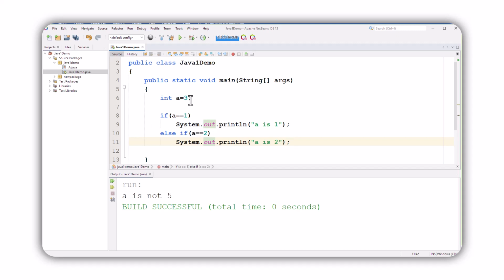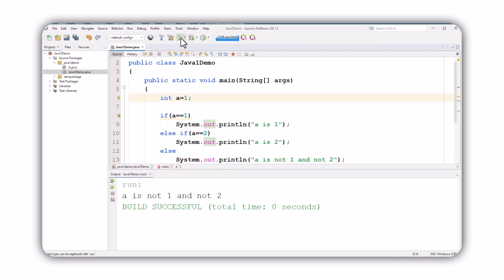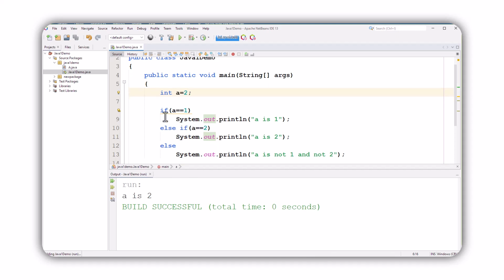Now let us see what happens here. Okay, we can put the else here without the if also. A is not 1 and not 2. Okay, here it says a is not 1 and not 2. Now let us make this one 1. You can see a is 1 and the other things are not printed. Let's say 2. A is 2, right? So we can have multiple if else like this, and the last one should be this